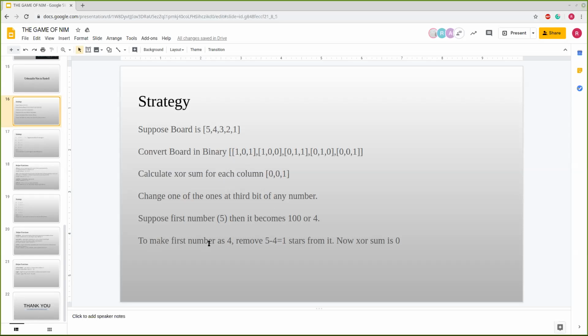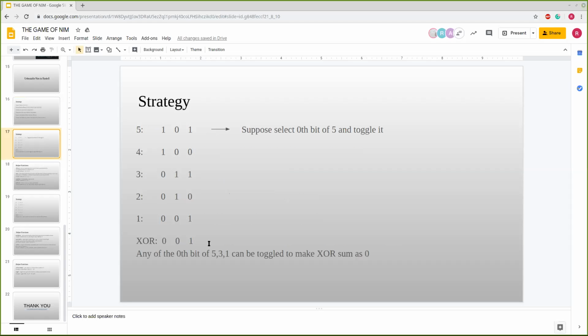Earlier it was 5, then I take out 1, and it becomes 4 stars. Now the XOR sum will be 0. This is the winning state, and the machine will repeat. Since this is 0, the human gets it next, but the human can never get 0 0 0 again, because at any move it will be some ones only. So that will be the losing state.